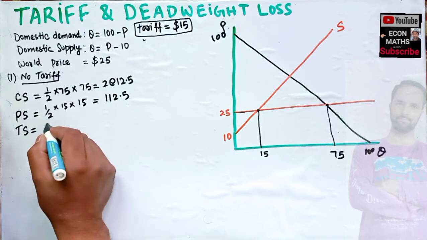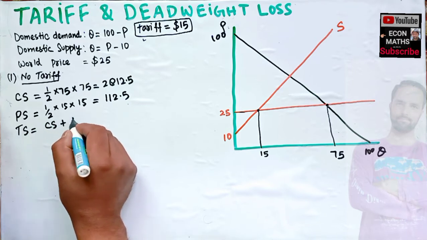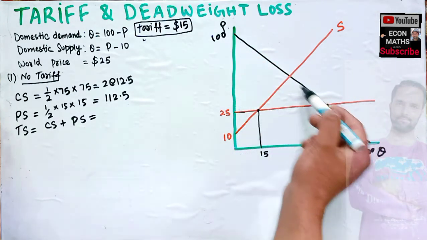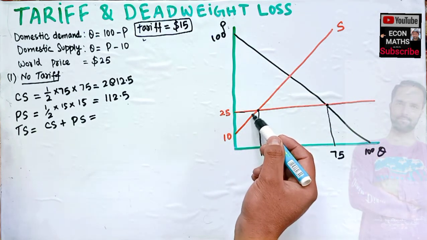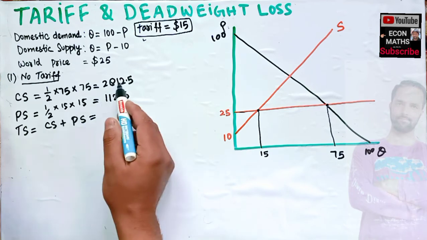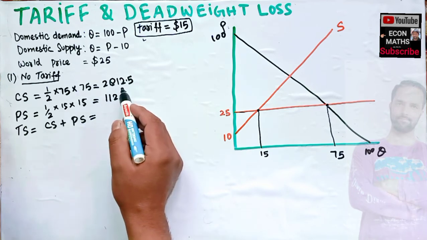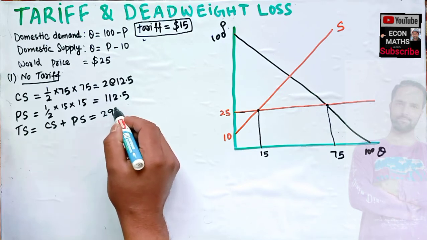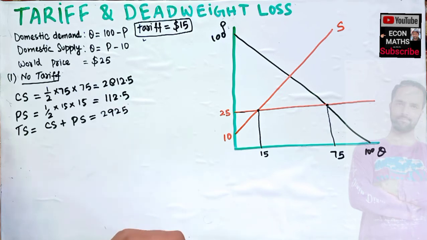And what is the total surplus? Total surplus is simply consumer surplus plus producer surplus. So this very triangle plus this triangle gives us the total surplus. When we add these two things, we will get 2925. That means 2925 is the total surplus. And what is the importers